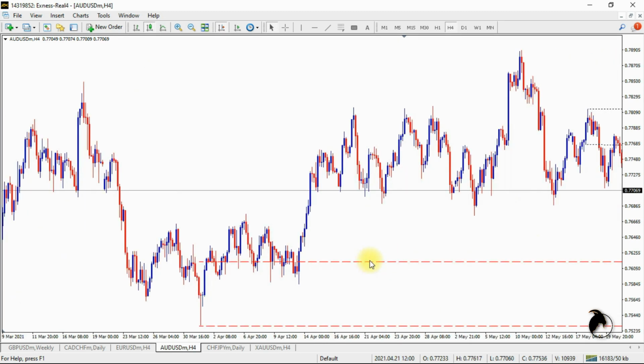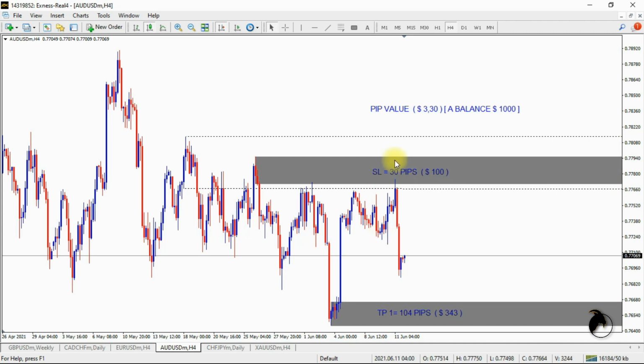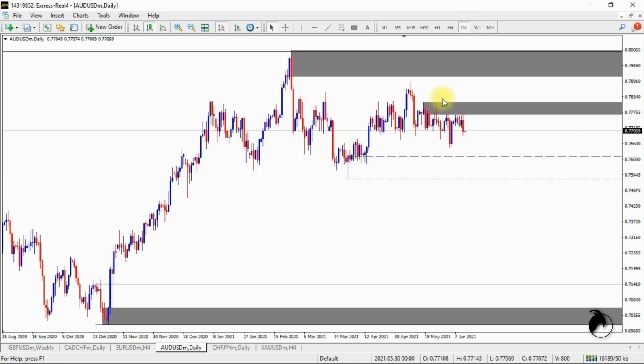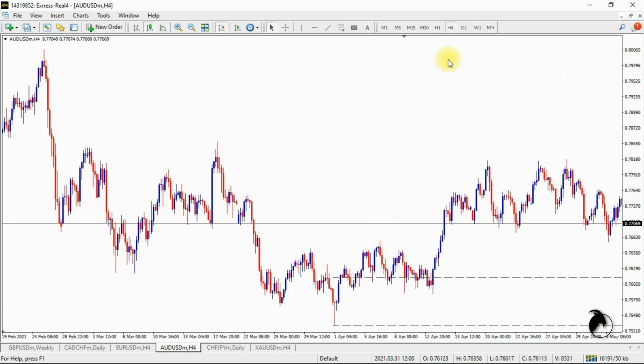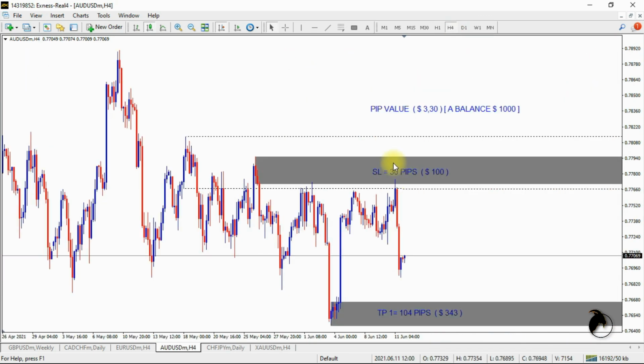using this time frame. And here, as you can see, our stop loss was 30 pips, and it still is 30 pips, and our target is 104 pips. That's a short-term target, but I prefer swings more than short targets, so my target is around here. So looking at this setup, we're looking at what you risk and looking again at your potential reward in pips, and the other one down there,